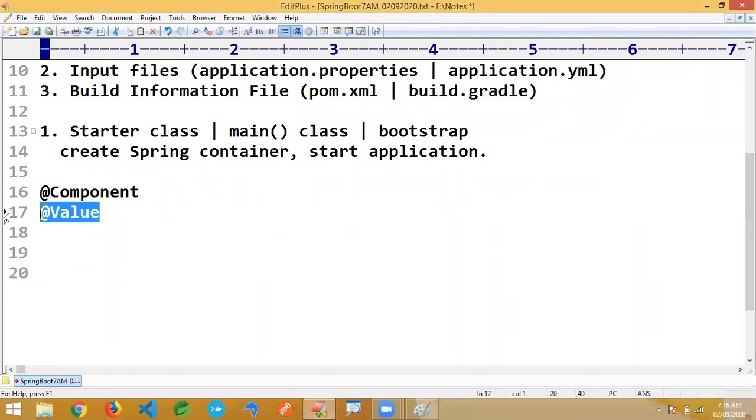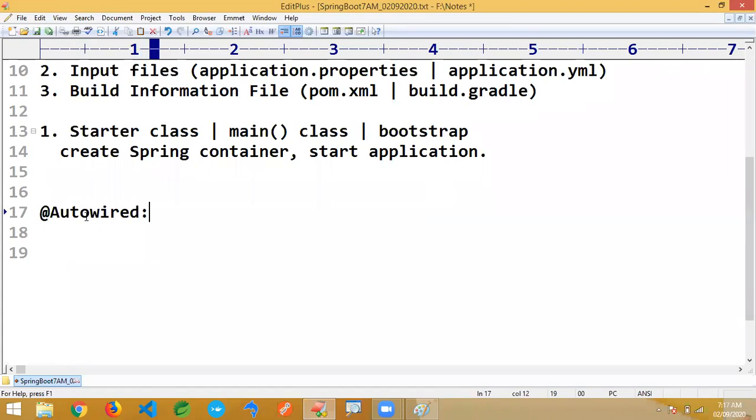Now tell me why we should use @Value. @Value is to provide the data. We can provide static data, or we can provide the data from the properties file, exactly correct. Two possibilities are there: a static, direct value, or a properties value. We still have to see the Spel concept. Today I'm going to give an overview even about @Autowired.